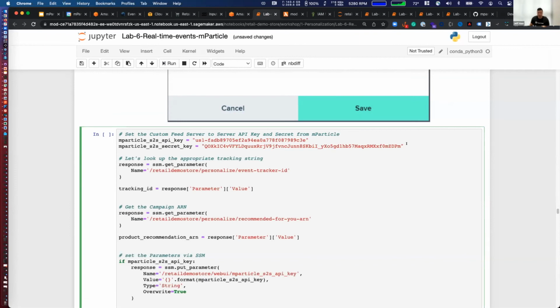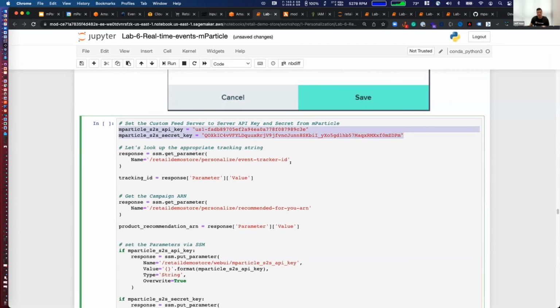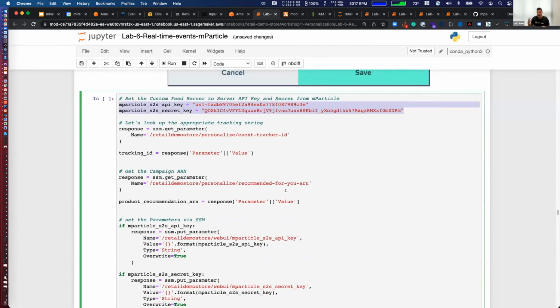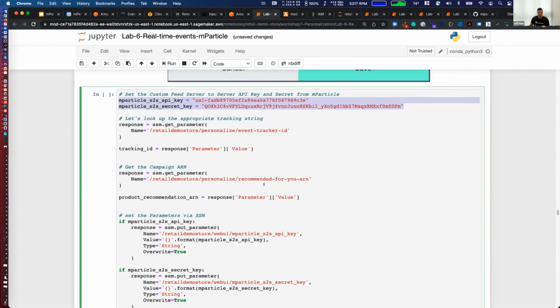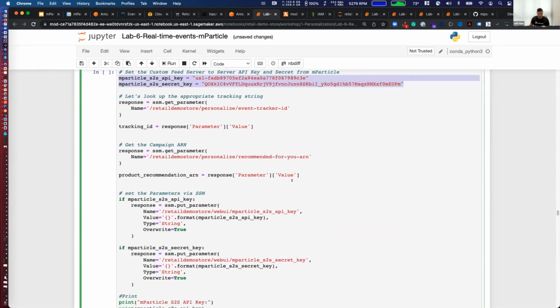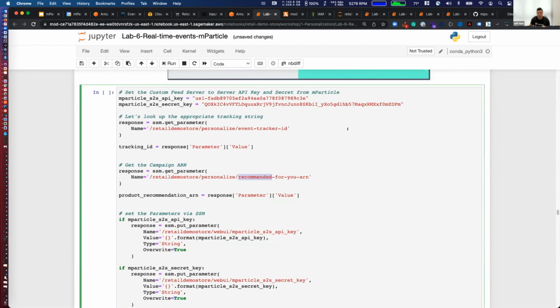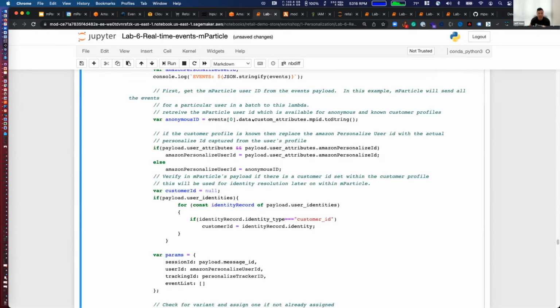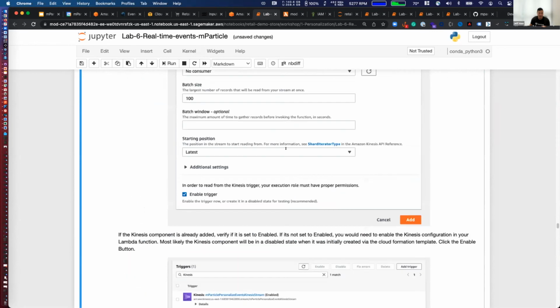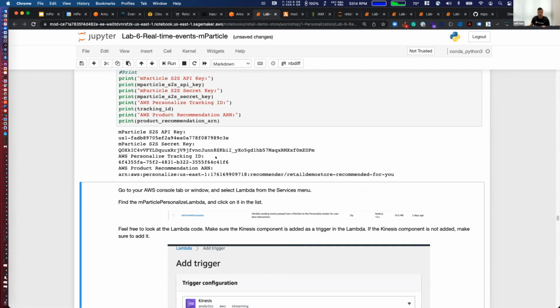What you can see as well is after copying the key and secret, what we're trying to do as part of this Python script is also get the event tracker ID, because the Lambda code requires the personalized event tracker ID as part of its parameters, such that we can send data to Amazon Personalized, right? So as you can see, we're getting the event tracker ID. We're also getting the recommend for you product recommendation ARN. Once you have copied the key and secret, that's all you need to do. Once that's done, click run. Automatically, if you scroll up, that should have set the information